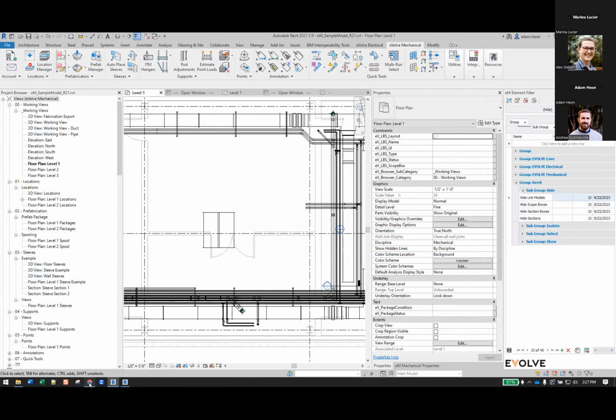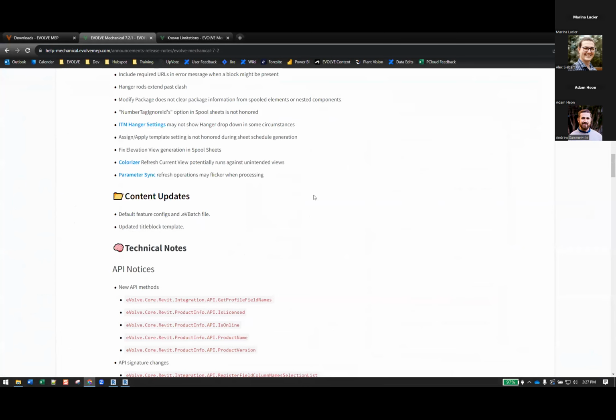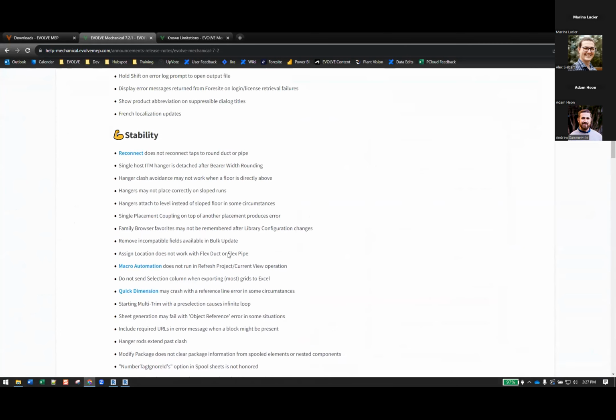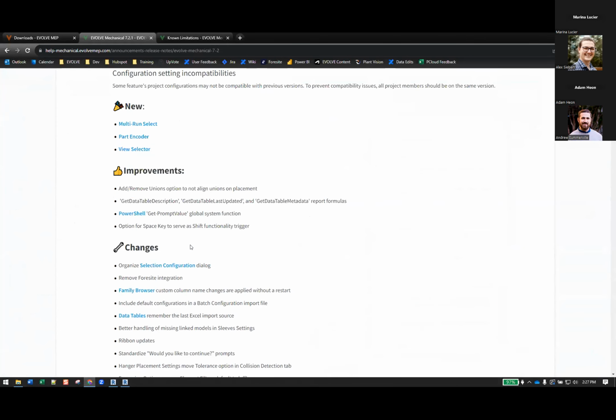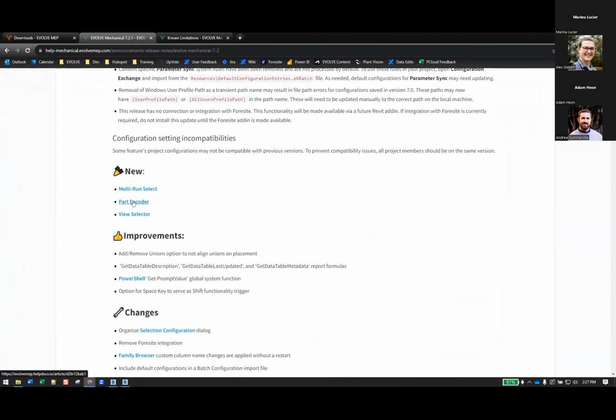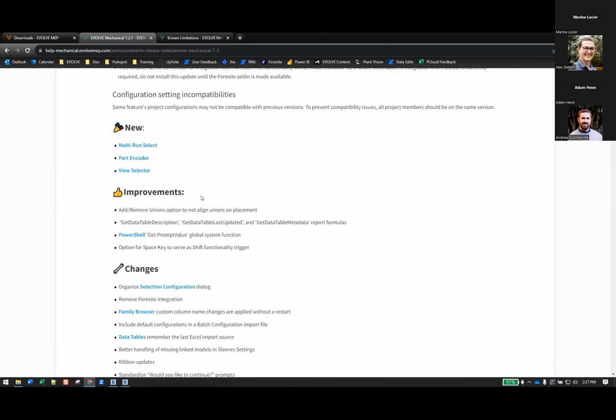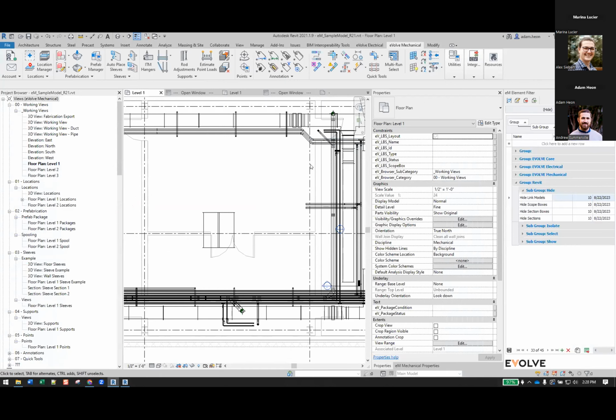All right, I think that's what I wanted to cover for 7.2. I'll go through the part encoder real quickly because I skipped through this. Again, I went through it last month, I think in a little more detail. Then I want to jump into a use case for our data tables and parameter sync function that's come up in a few different ways. So the part encoder utility,